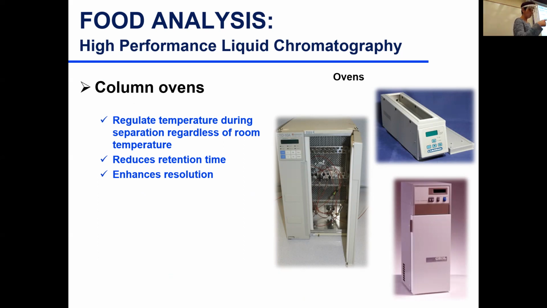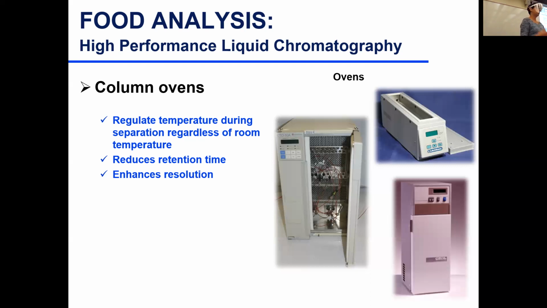Temperature fluctuation impacts your retention time. So sometimes if it's cold, then your retention time is slowed down, and sometimes when it's warm in the room, your retention time comes sooner. Your compound elutes sooner. So that kind of messes up your detection, especially if you're running standards on one day and running samples on another day, everything is going to be messed up. So even if you want to run your analysis at 23 degrees C or 24 degrees C,